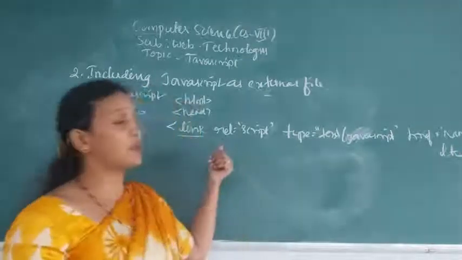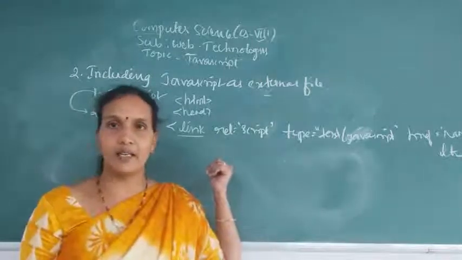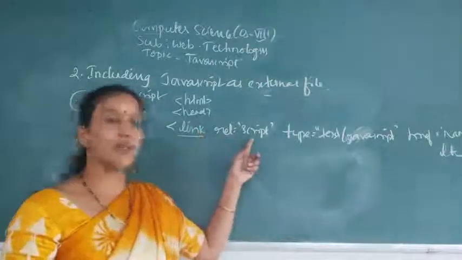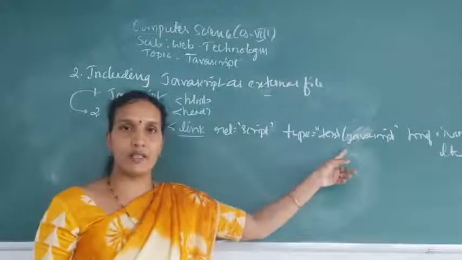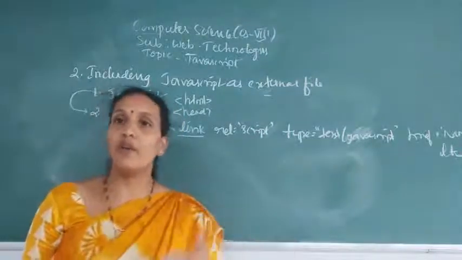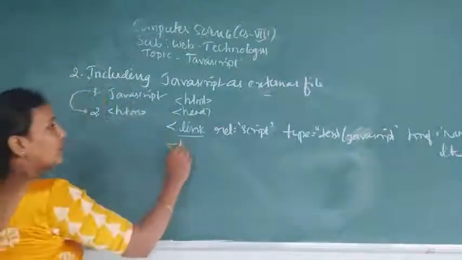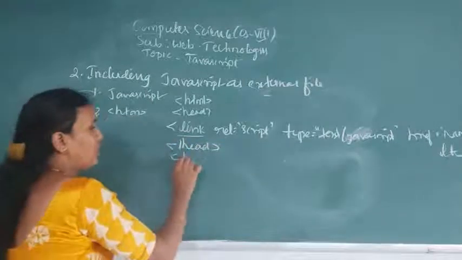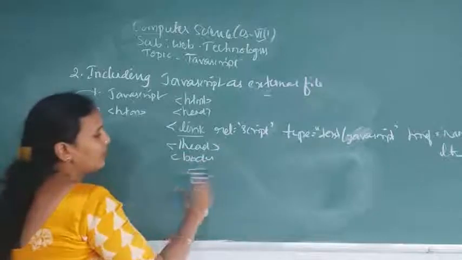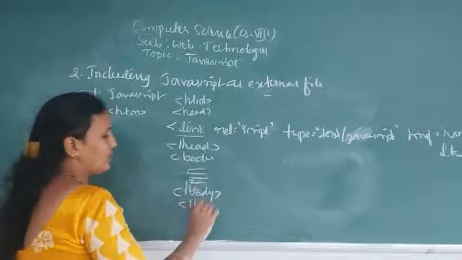This tag I have already explained in the external style concept. There you have a link tag, right? Similarly, here also we are using the link tag. Only the relation is script, type is the same, text/javascript. And next href: what is the name of the external file? What file are you including inside the HTML? That information you give. Next, close the head, open the body, and write the content. Here, whatever content you want to write, you write. Close the body.